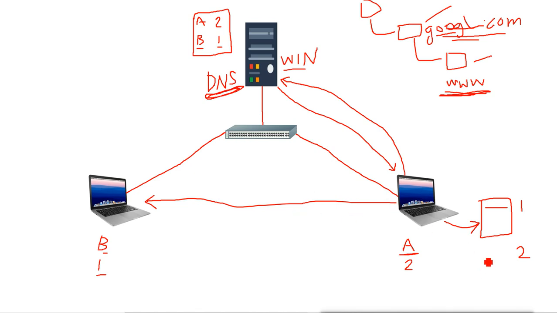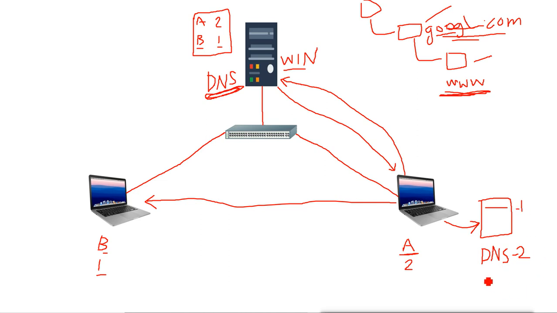Then it will go for DNS. WINS servers are now only used if you have old applications in the environment that work with WINS, so they keep the WINS server. Otherwise everyone is using DNS.